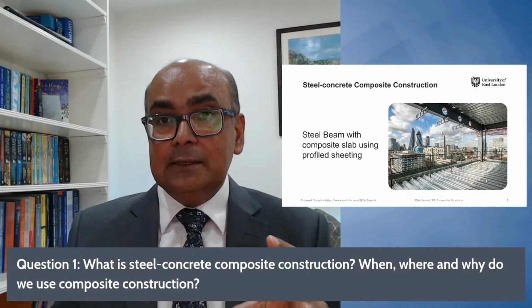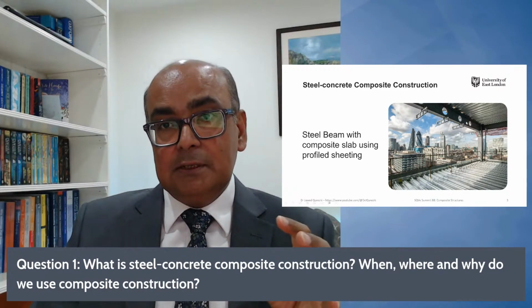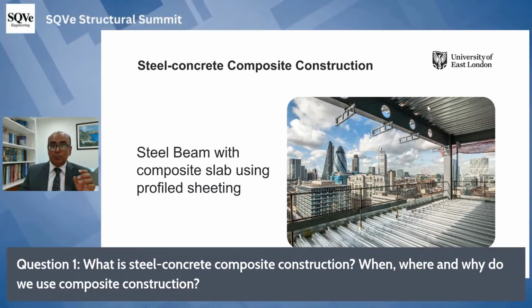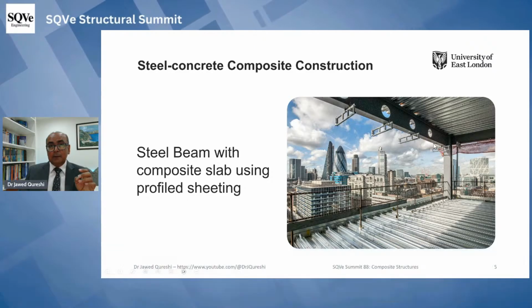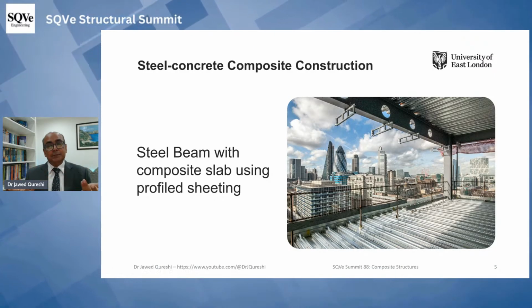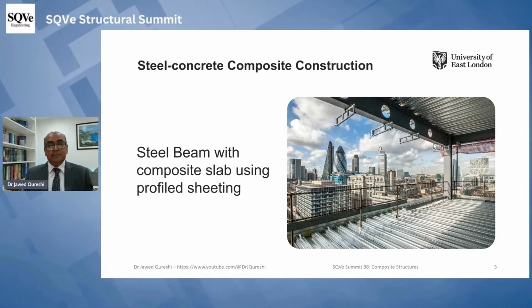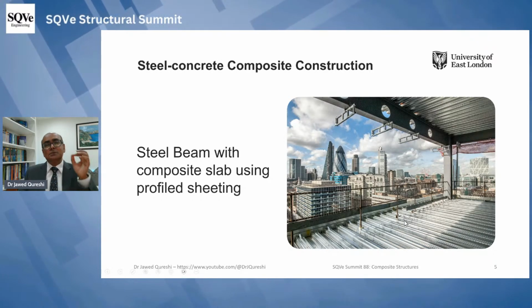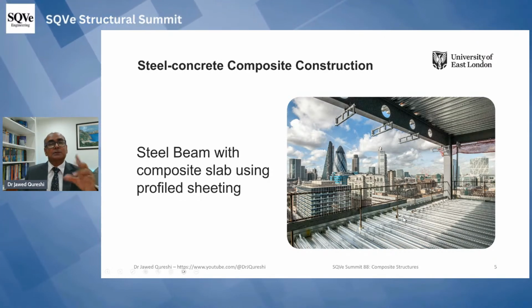In a steel building, as you can see in this picture, we have steel beams and we have this steel member. On top of that, we have this profile sheeting slab. Now here we don't have any other option. We cannot have a complete steel slab. It's going to be really expensive and it will increase a lot of loading as well. So we try to use materials really efficiently. We use this thin sheeting, which is really, really very thin. You can't imagine, it's just 1 millimeter.